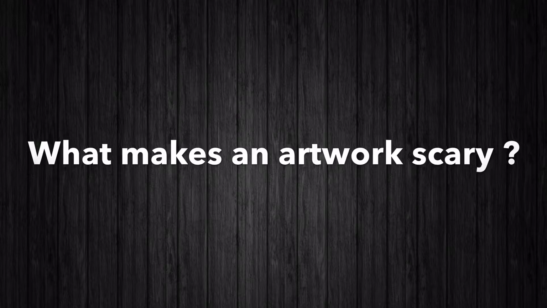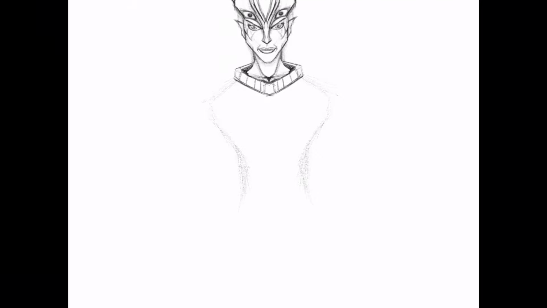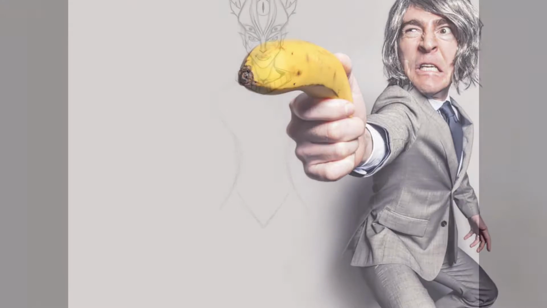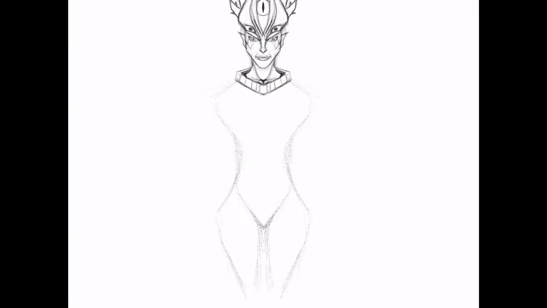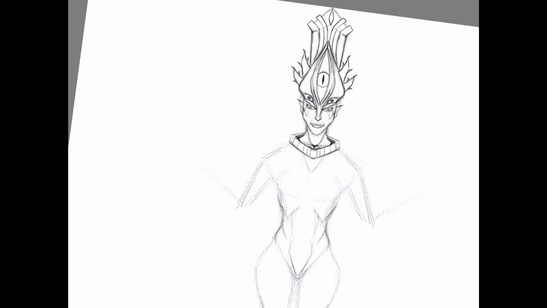Okay, let's talk about what makes an artwork scary. Most of you have watched horror movies and went to bed with your lights on. You might make sure your windows are closed, or in some extreme cases, sleep with a knife nearby just to be safe. But really, what makes you scared of a fictional work? What triggers fears in your mind? Well, we are usually scared of the things we don't know or can't see. If you can't see something, how are you going to defend yourself against it? If you don't know what it is, who knows what it might do to you?